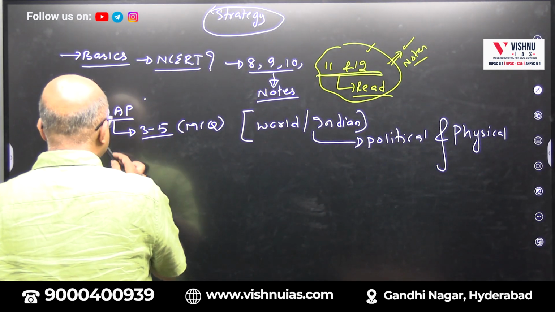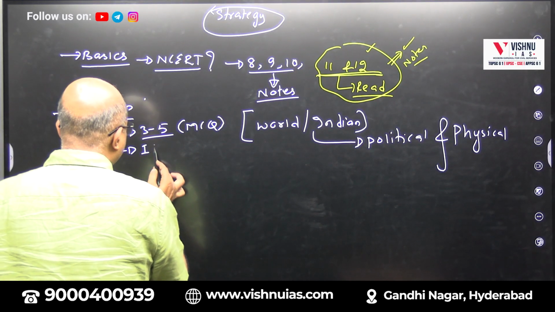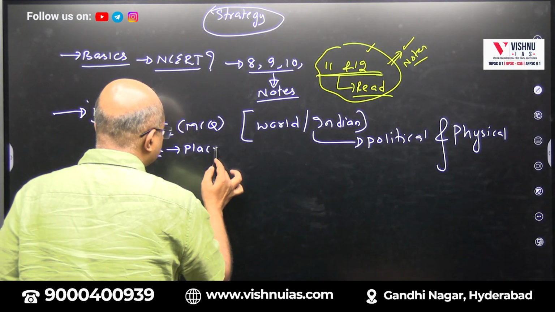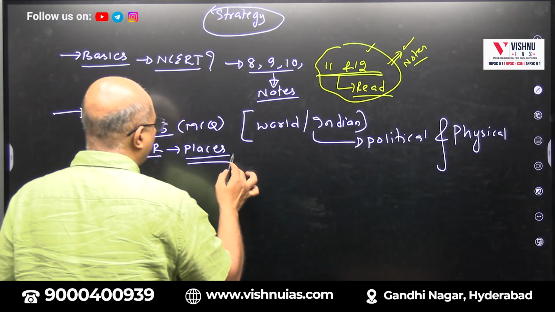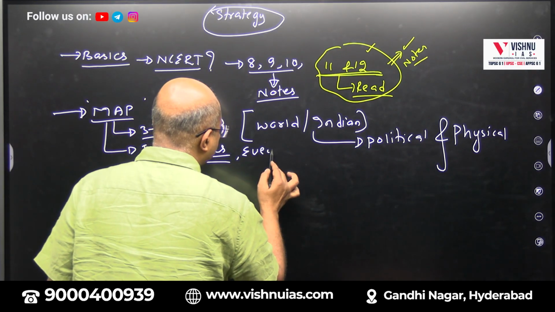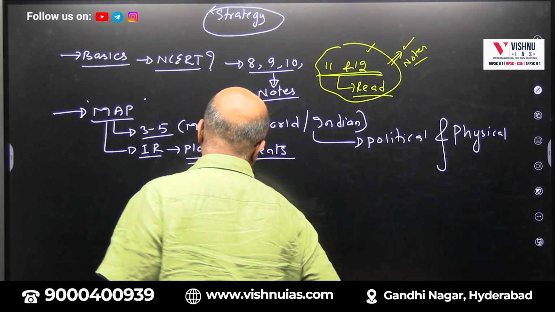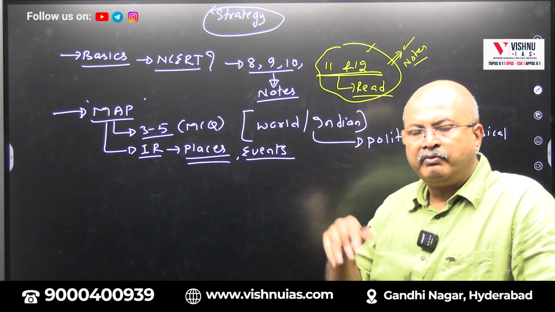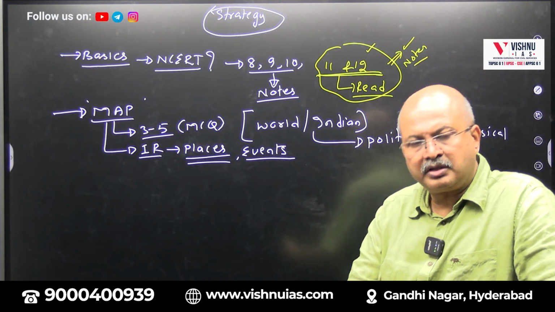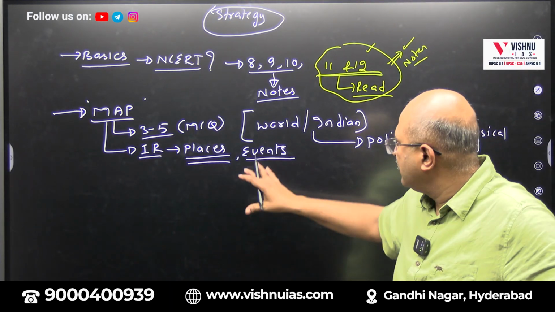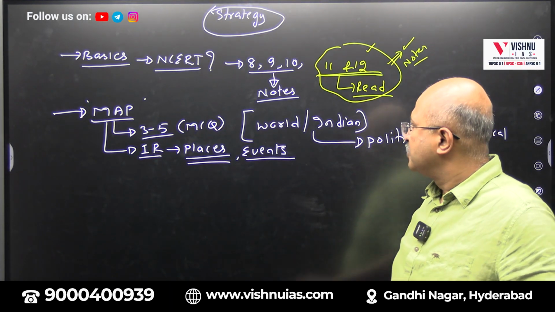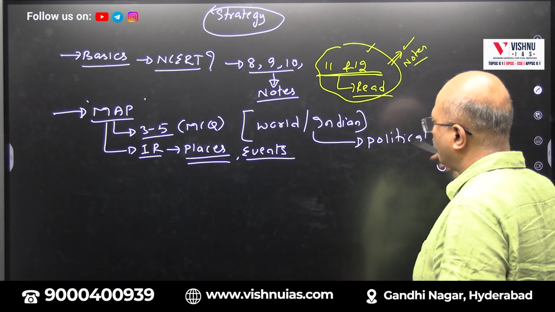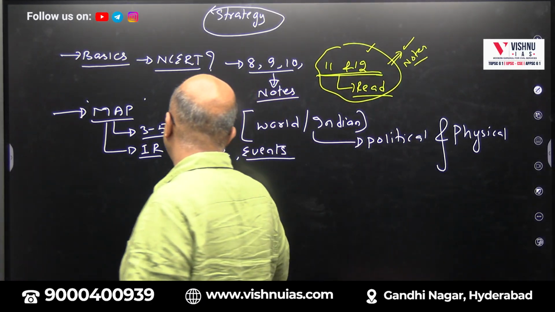And this map also plays an important role in your international relations, where they will talk about places in the news or events in the news, like some areas where the forest fires are there. So they will give the name, which event, which place and in which particular context it is. So maps play an important role, not only in your geography but even in the IR.